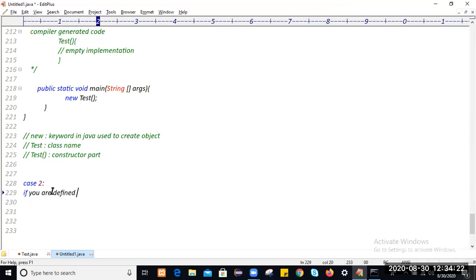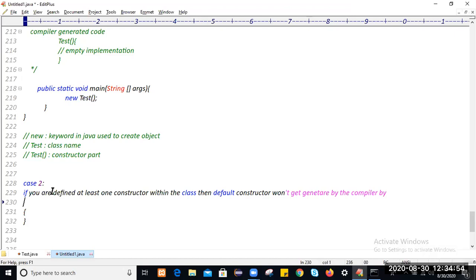If you define at least one constructor within the class, then the default constructor won't get generated by the compiler for the zero argument object, and you will get a compilation error.